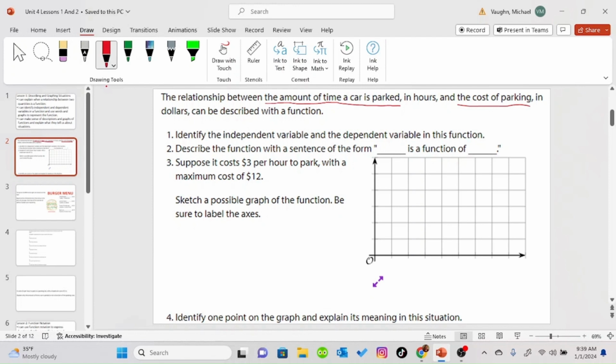So, if you think about this, do you change the amount of time that you park a car, and then the price is determined based on that? Or do you change the cost of the parking, and then that determines the amount of time that the car is parked? In this case, my independent variable is going to be the amount of time the car is parked,